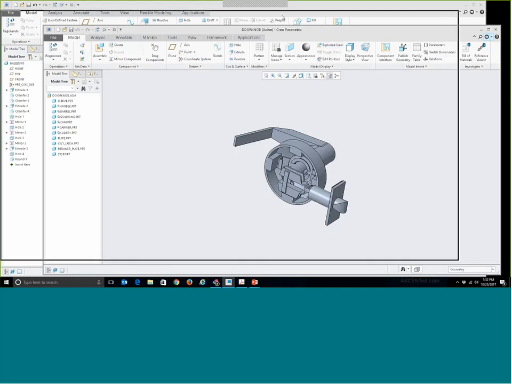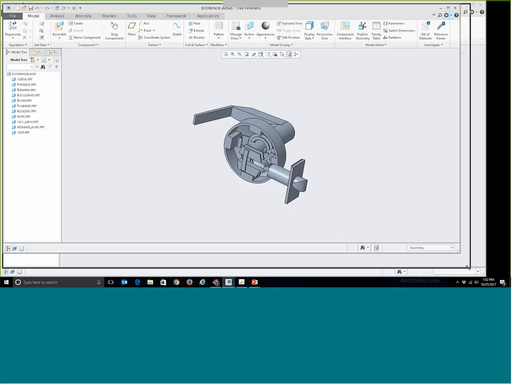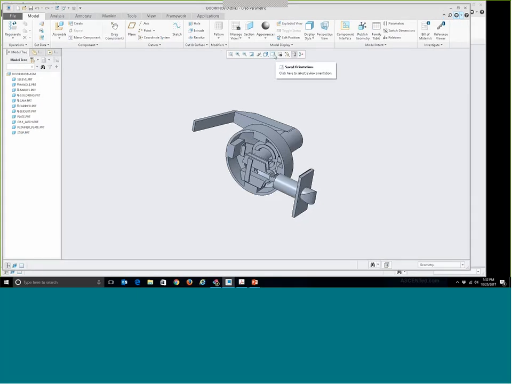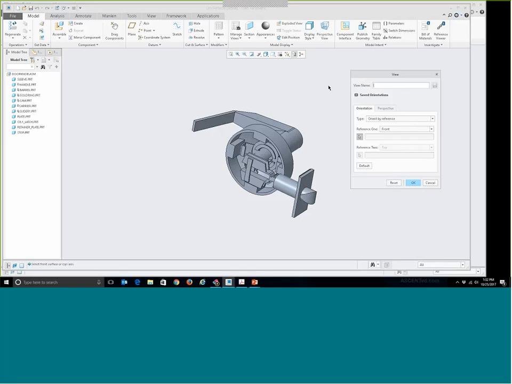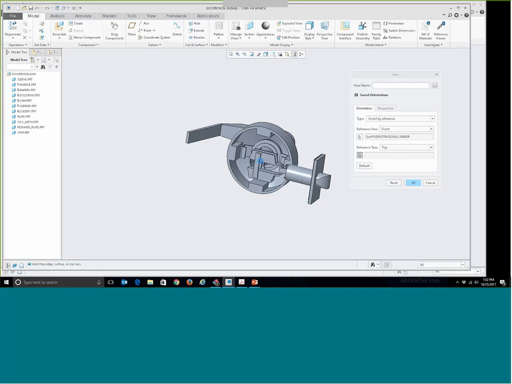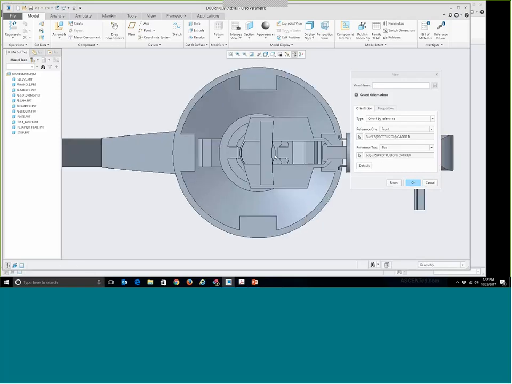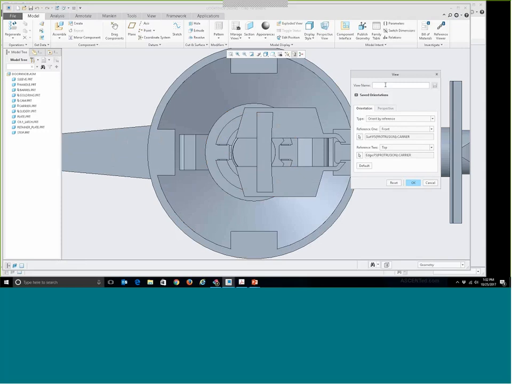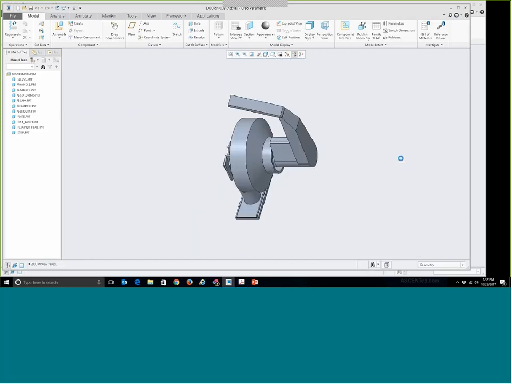So I had discussed the View dialog box. So in the In-Graphics toolbar, I click Saved Orientation and Reorient. And now instead of the Orientations dialog box, I have this View dialog box. Functionally, the Orientation tab is the same. So I can select a surface to face to the front and maybe this edge to face to the top, and that reorients the model. And I can zoom in on it, save it as a name, and then that name that I saved is now available